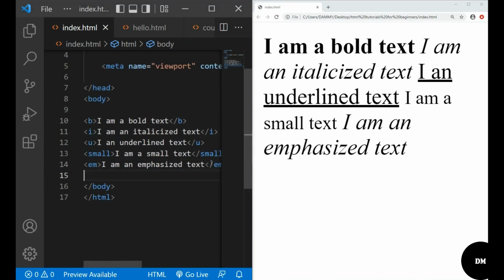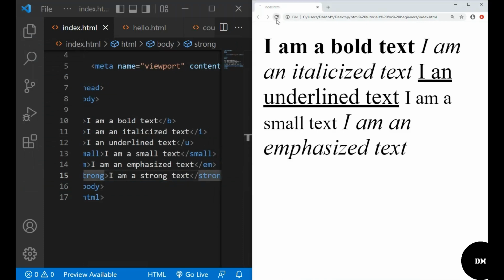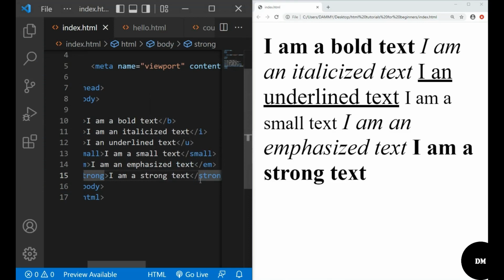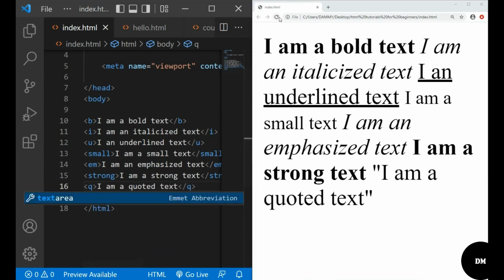Another one we have is the strong. I am a strong text. If I reload, see that I am a strong text. The next one after the strong is the quoted text with the q tag. I am a quoted text. If I reload that, you see, I am a quoted text. So we have a lot of them and they're useful because they help to signify important parts of